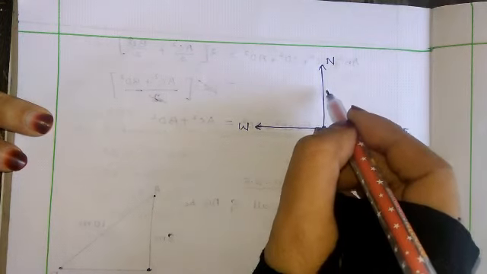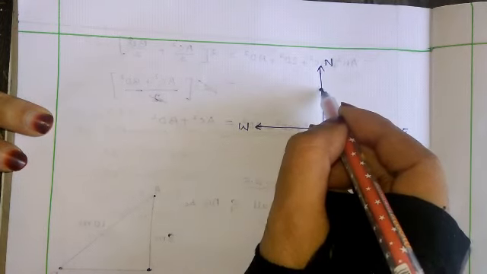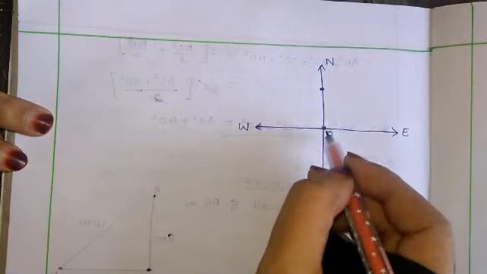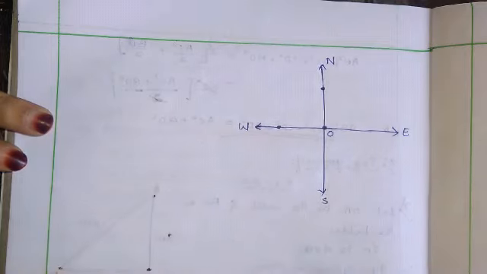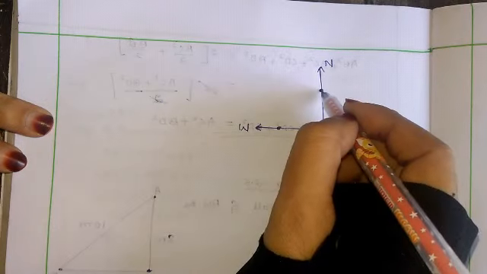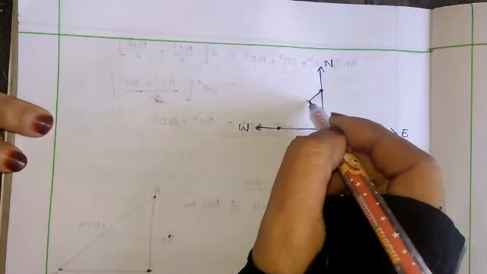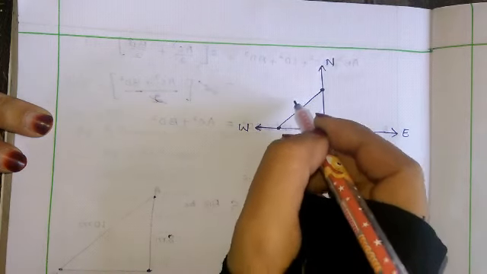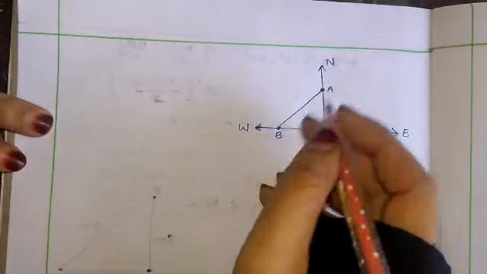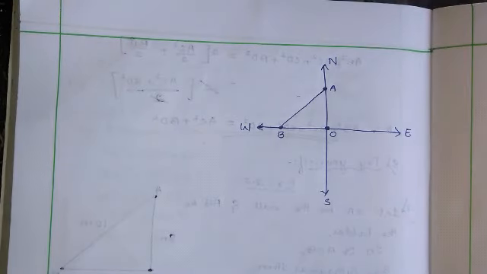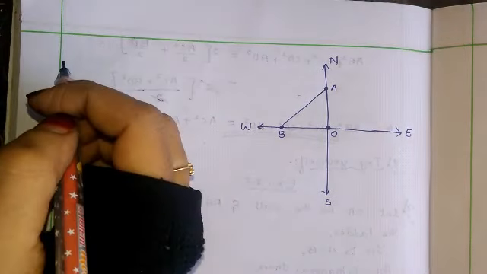Airplane flies towards north. After 1.5 hours, it reaches here, for example, and the same towards west, it reaches this side. So after 1.5 hours, find the distance between them. This distance we have to find. For example, plane A and B. Now AB we need to find. But they have told here after 1.5 hours, how much they have traveled, that we have to find.